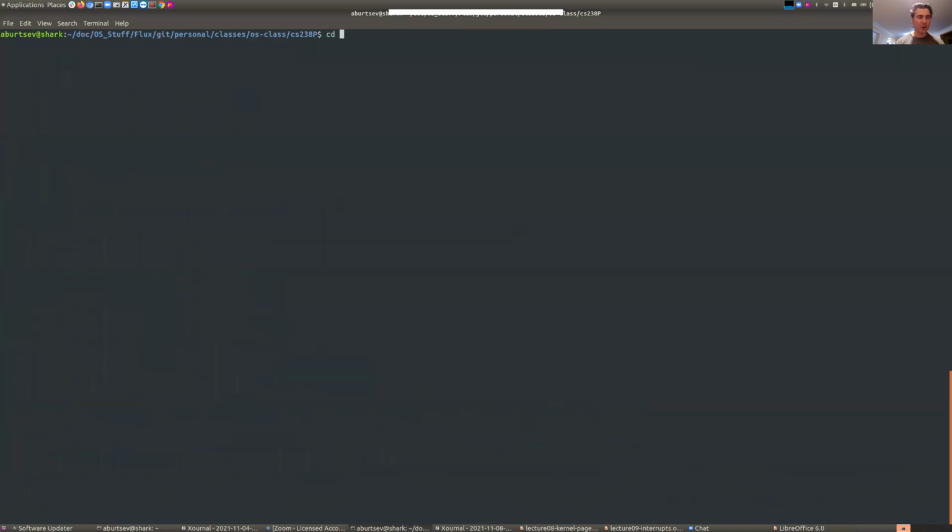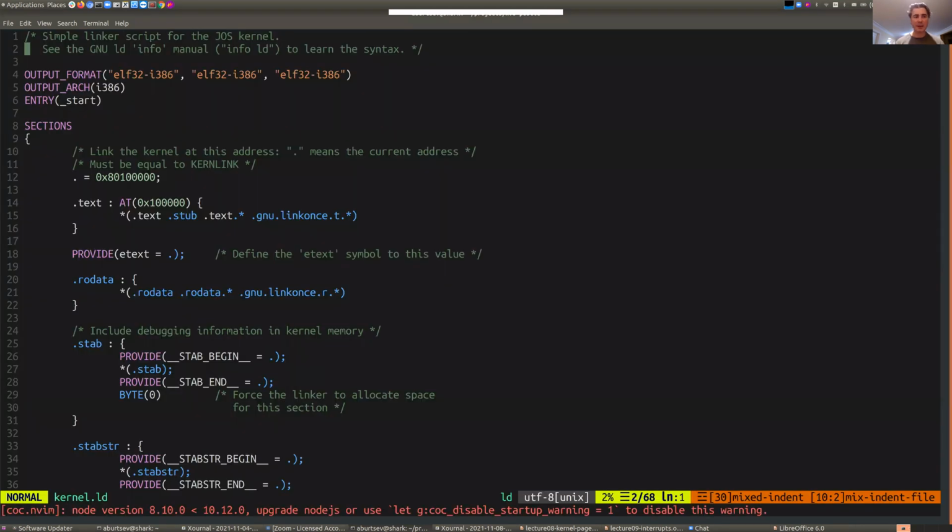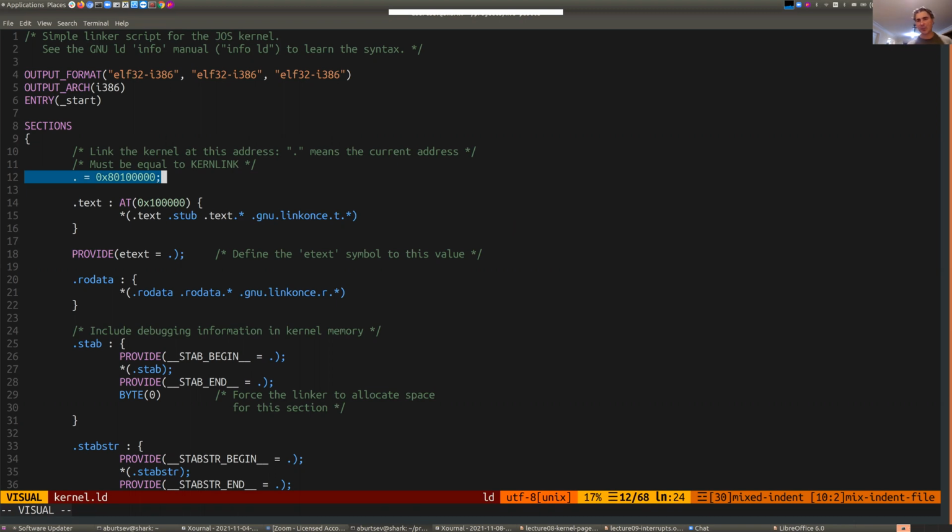So if we go back to project 606 public, I will show you this linker kernel LD script. It's essentially the script which is taken by the linker. And specifically, we say we will provide a virtual address at which we're linking, right? So it's at the 2nd gigabyte plus 1 megabyte. We say that the kernel text